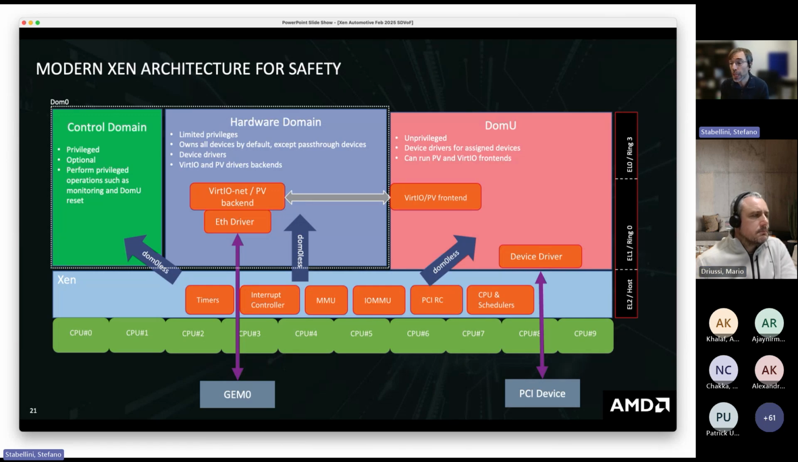Cache coloring went fully upstream actually in the 4.20 release. So you can check it out. I would say that cache is number one. And after cache, then it becomes